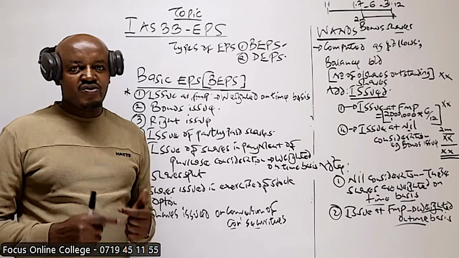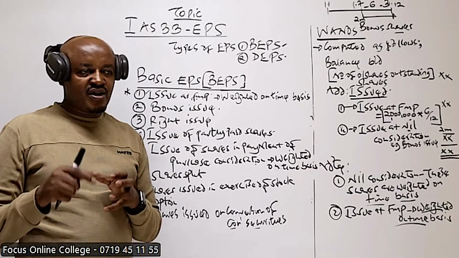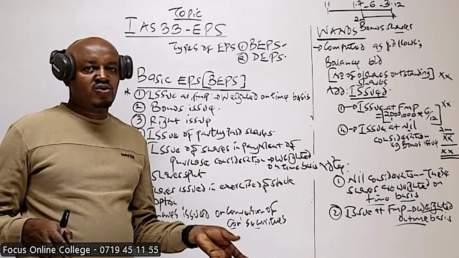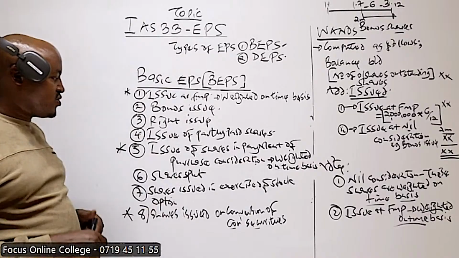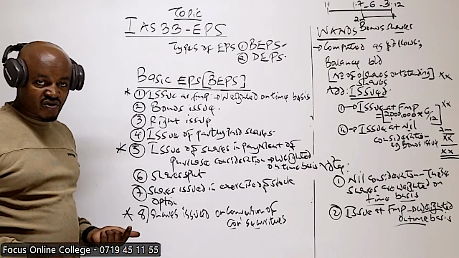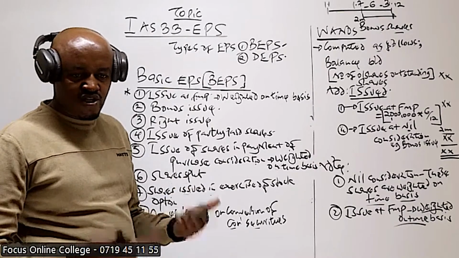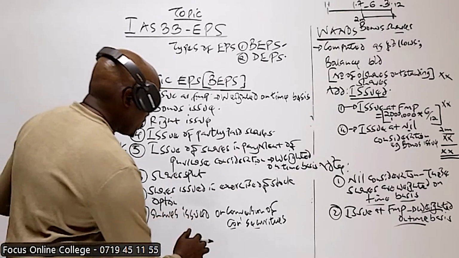So the reason why we refer to them as convertible securities is because they can be converted into ordinary shares. The holders do have an option to convert them into ordinary shares. So once they have exercised that conversion right, and they have converted them into ordinary shares, those ordinary shares which will be issued to them on conversion,